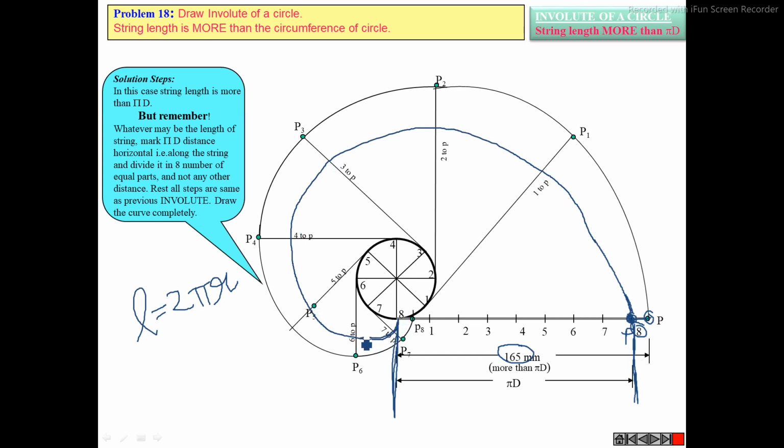But for this case, some portion is ahead, some portion of the wire is left to unwound or unwrap. How much portion is left? The 8P portion is left. In the circle, this much portion is left. So for the first case, the diagram of the involute is like this. For the second case, the diagram of the involute will be like this. Now you understood the difference? Yes, sir. Others, please respond. Is it clear?